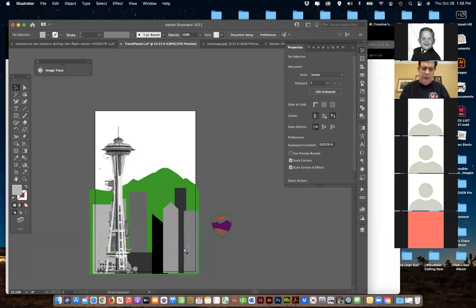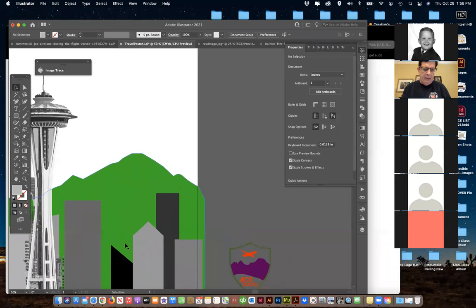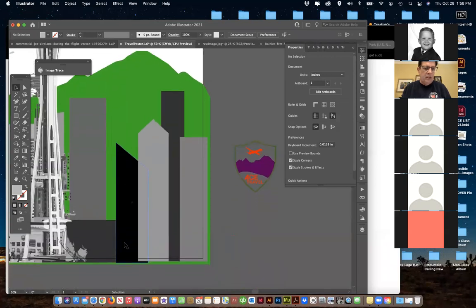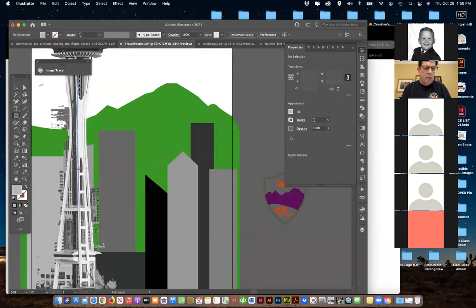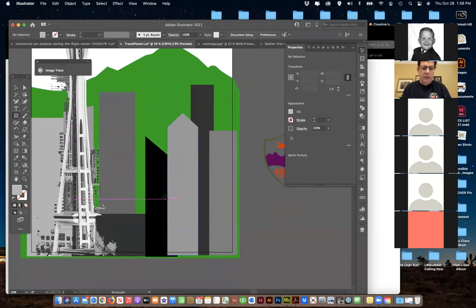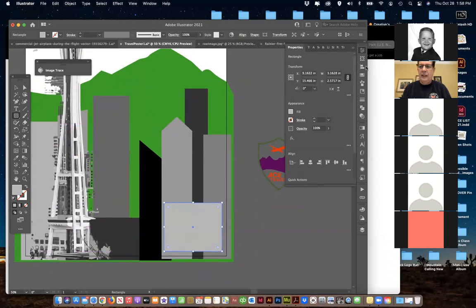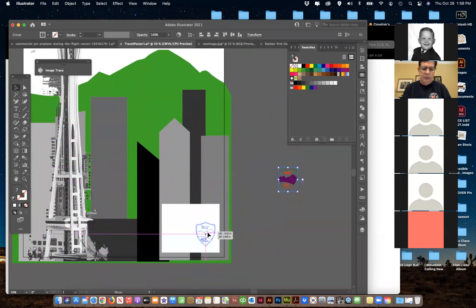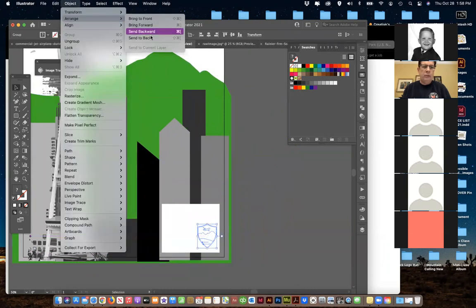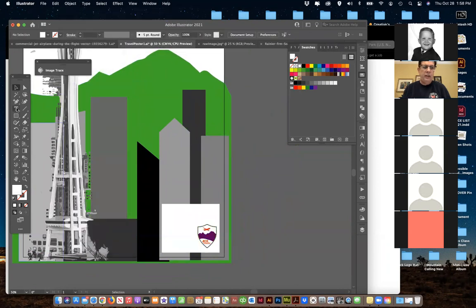So in this case, we'll do a little box down the bottom here. Whoa, slow down, computer. A little box to put the information in. All right, we're going to watch that there. We'll make that white just for sakes. Going to scale this down. Put this in here over somewhere. Bring that to the front so we can see it. Some kind of quick